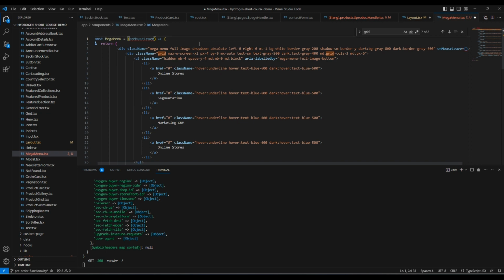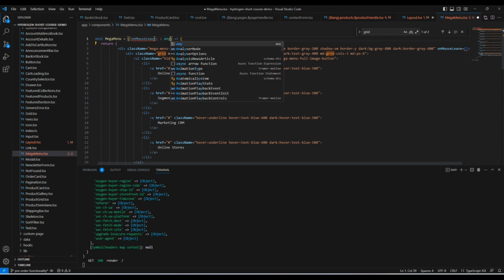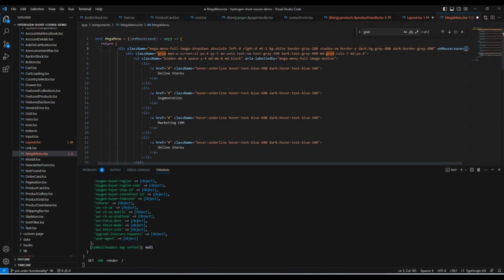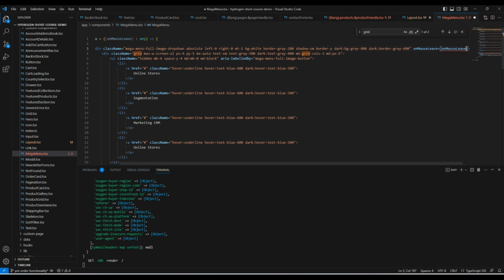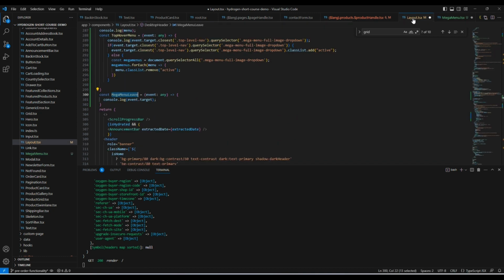Is this okay? onLeave, onMouseLeave, then the mouseOnLeave. Yes, I think this is right, but I have to use it as a bracket, as a prop, then set as any. Then here we are going to call this prop again. Put it there. So mouseOnLeave, if this event is triggered, then it will call this mouseOnLeave props and go to that. Then in our parent container,